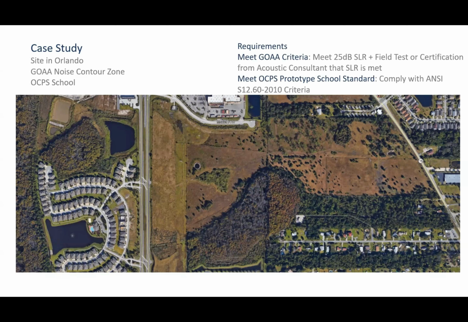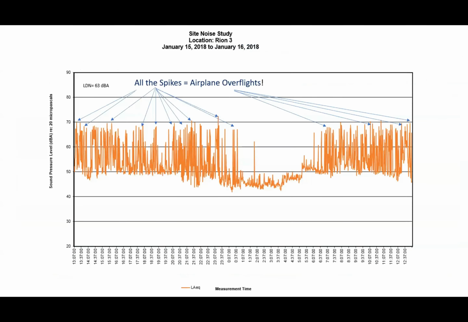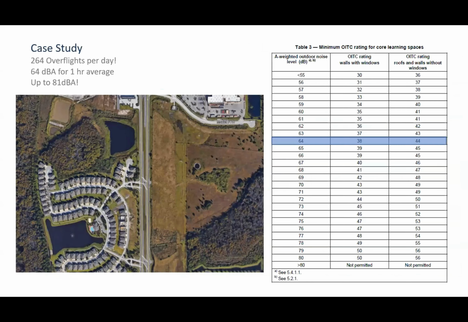And then the OCPS prototype school standard has verbiage in it that requires you to comply with ANSI S12.60 criteria. Looking at this and taking sound level measurements on site, you see all of these spikes. The LDN, the day-night average sound level, was 63, but we counted 264 overflights per day. So a very significant amount of airplane overflights at fairly high levels. So this meant we needed to look at what the 64 dBA corresponds with in terms of the OITC rating for the walls with windows